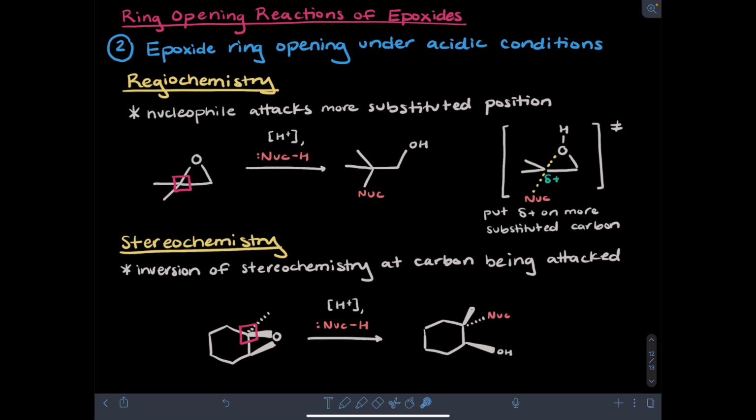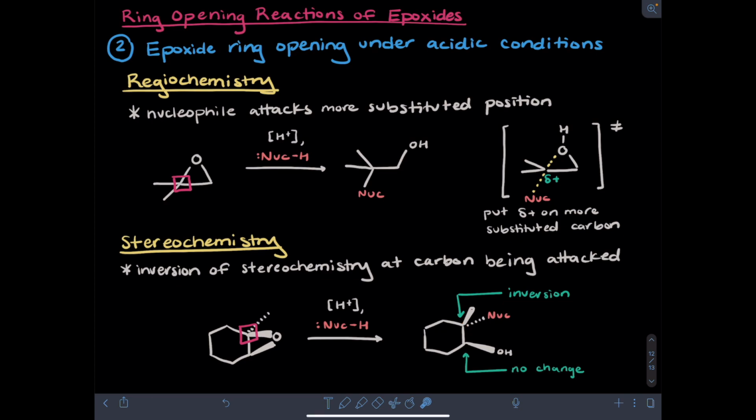Notice that the nucleophile and the OH group are anti to each other in this product. At the more substituted carbon, where you formerly had a wedge bond to an O, the methyl group that was formerly a dash is now a wedge, and the nucleophile is a dash now, meaning there has been an inversion